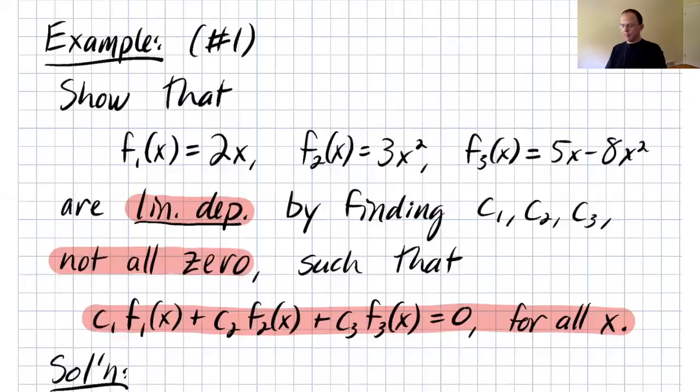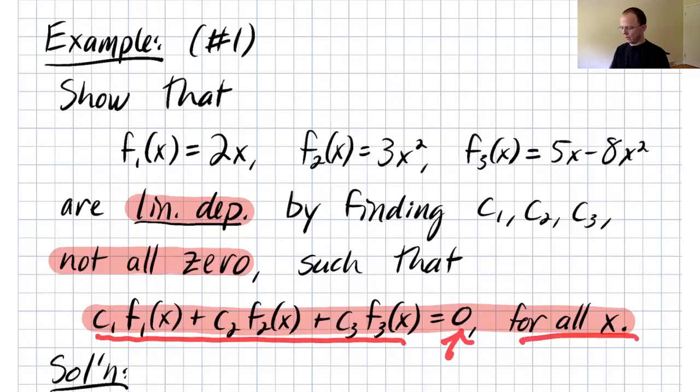So let's do an example now that we've seen this definition for more than two functions. Let's start with three functions. We have these three functions, and we want to show that they are actually linearly dependent by finding C1, C2, C3 not all 0, so that